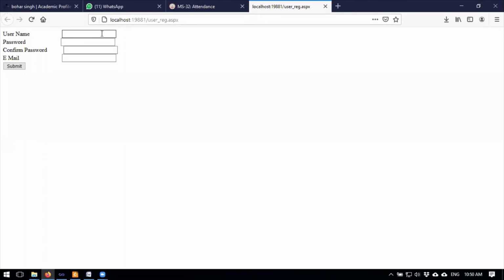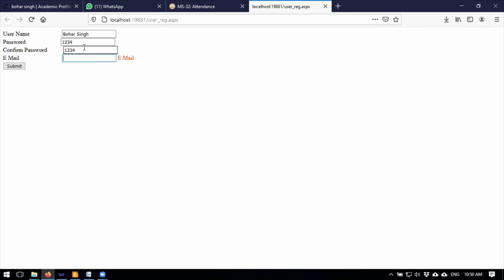Now in the registration form, when I click on the submit button, it will ask to enter the username, enter the password or email. Just put up the password 1234, again 123. It says the password doesn't match. Now 1234.